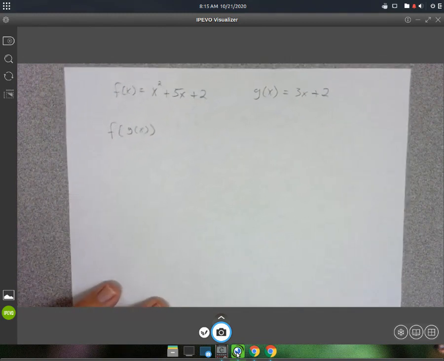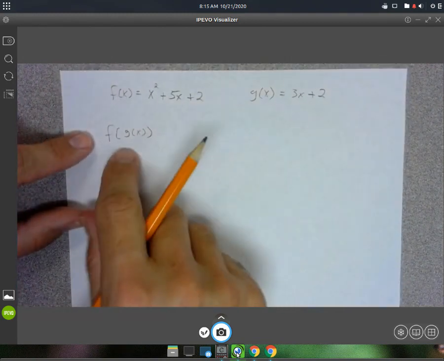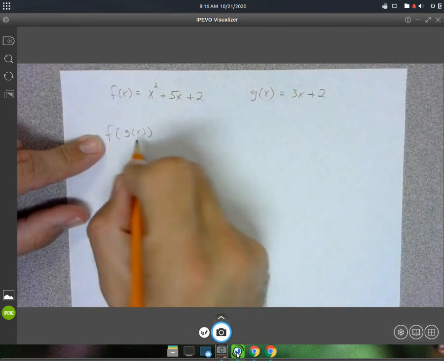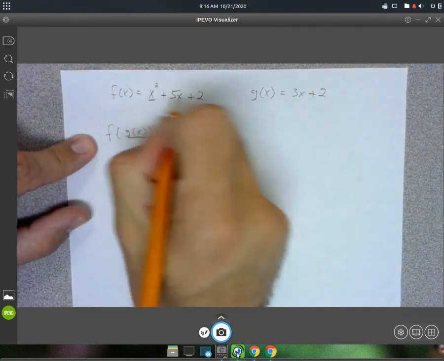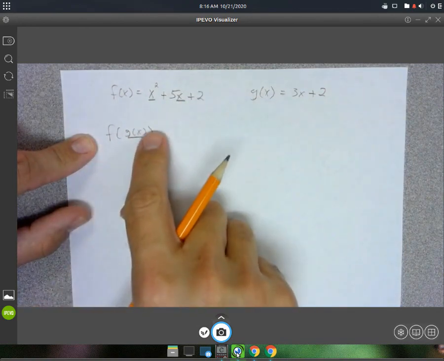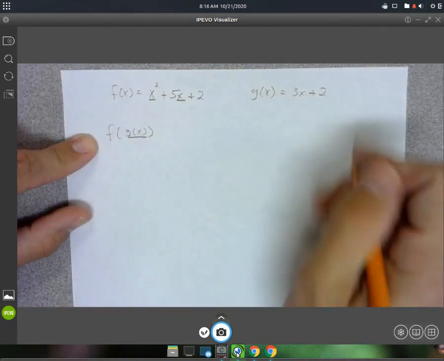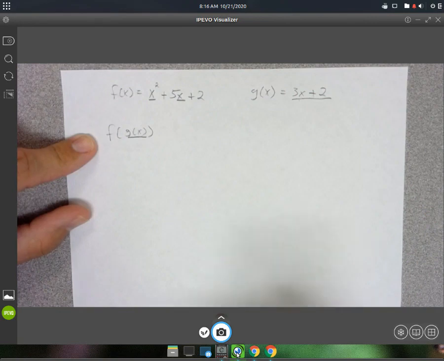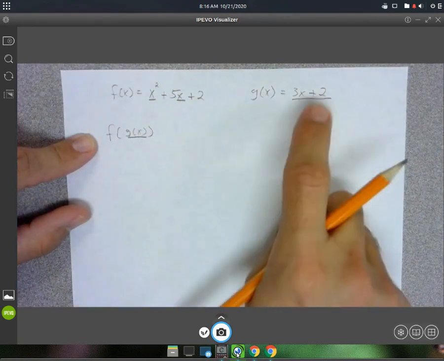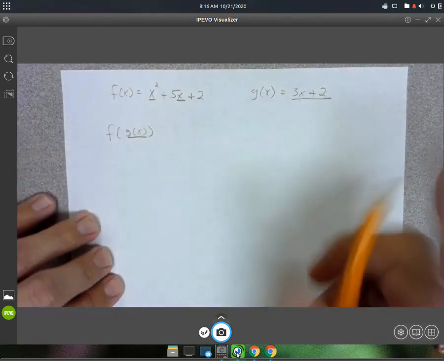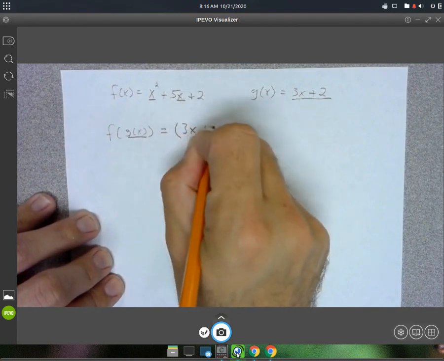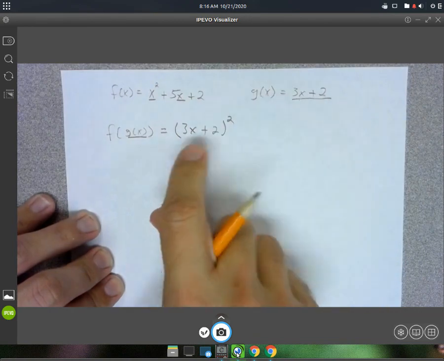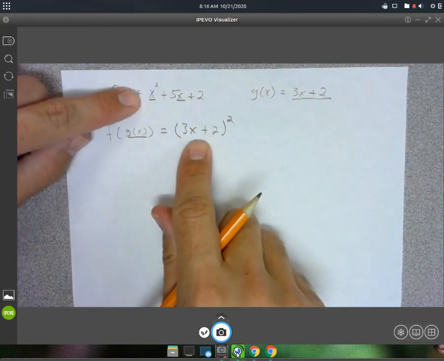So this is one of the crazier ones here. We're doing f of g of x. So we're going to go up to the f function, and wherever we see an x, we're going to be replacing it with g of x. So wherever we see an x over here, we're going to replace it with 3x plus 2. So we have 3x plus 2, all that squared, that's just like the x squared part,